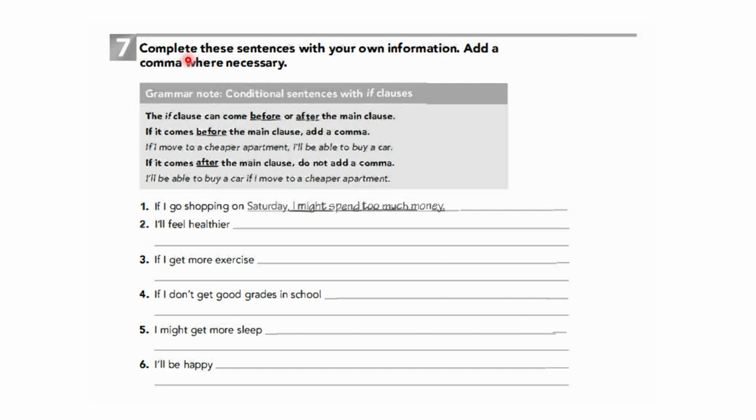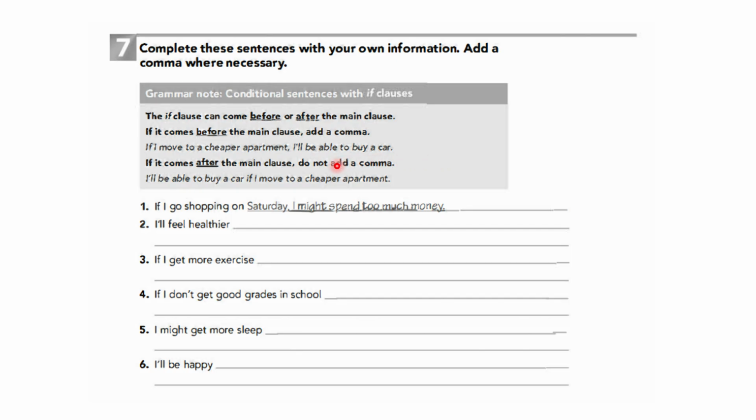Ok. Miren esto. Complete these sentences with your own information. Add a comma where necessary. Se los voy a mencionar, pero no vamos a trabajar con eso, simplemente para que sepan. Cuando se está trabajando con las condicionales, hay una coma siempre, ¿verdad? Cuando iniciamos con la condicional, con la cláusula if, if I get married, coma, I will have kids. Siempre que iniciamos con la cláusula if, después de que se termine esa primera cláusula, antes de iniciar con el resultado, hay una coma en inglés.